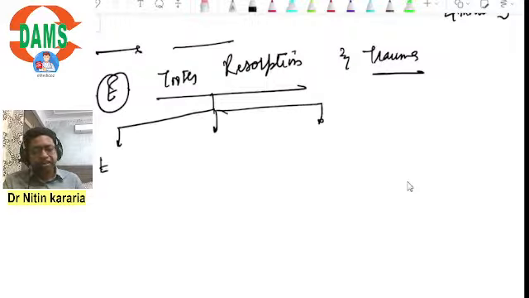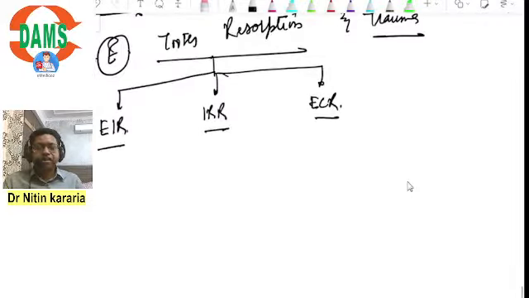One is external inflammatory resorption. The standard abbreviation is EIR, that is external inflammatory resorption, internal root resorption, and external cervical resorption, ECR. Inflammatory external resorption, internal root resorption, and external cervical resorption. Okay. If we talk about their etiologies,